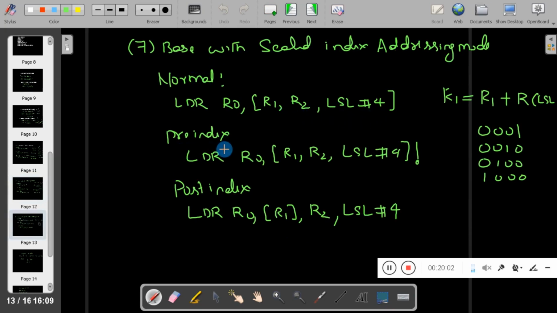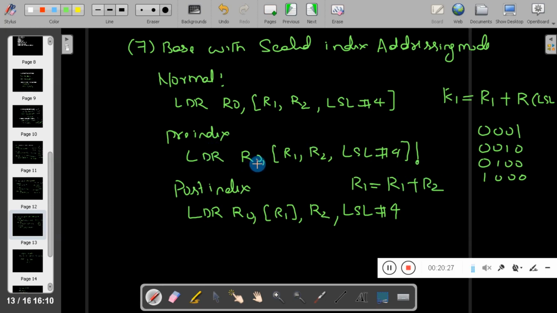Next, in pre-indexing mode, R1 will first get changed to R1 plus R2 left shifted by 4, and from that address the content will be moved to R0.